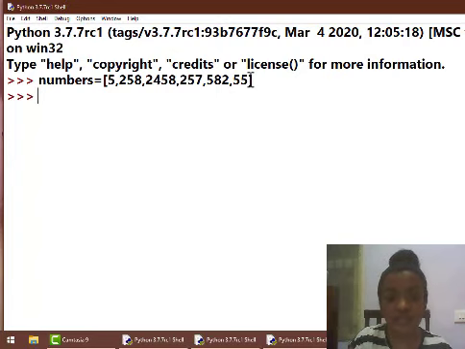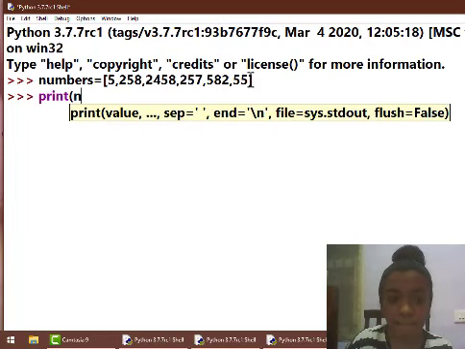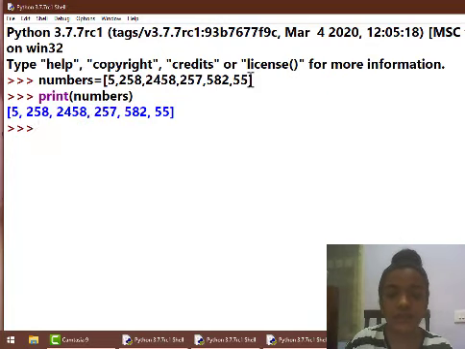And now if I tell Python to print numbers for me, it prints me the entire set of numbers.